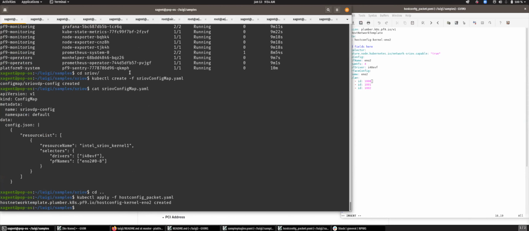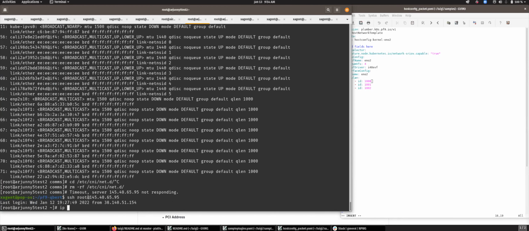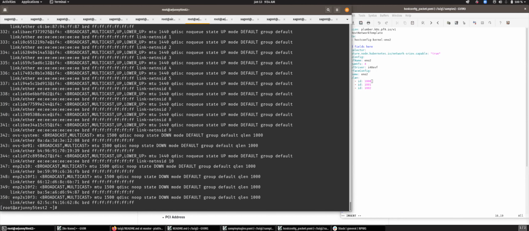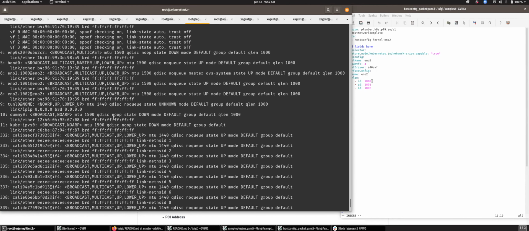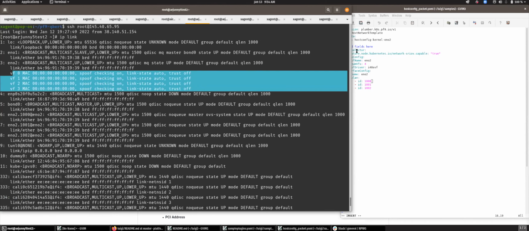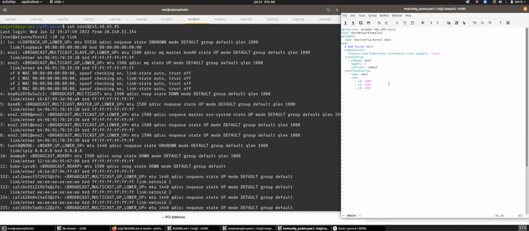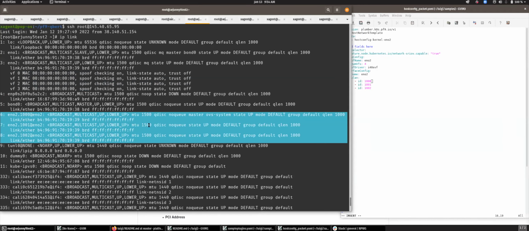So we've applied this template. This is my worker right here. So if I do ip link, we should now see, we have 4 virtual functions that have been created on ENO2, just like I said. And on top of that, I said I wanted 4 VLAN interfaces. These would be used for MacVlan networks. And we can see that we've created 4 VLAN interfaces on ENO2, VL1000, 1001,